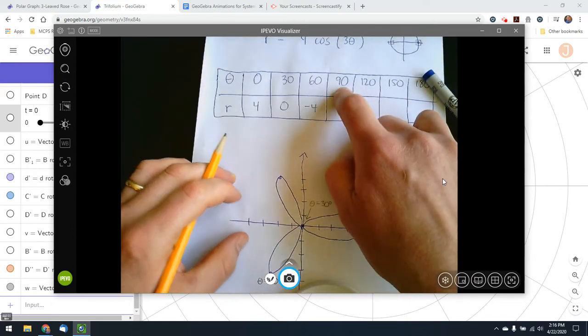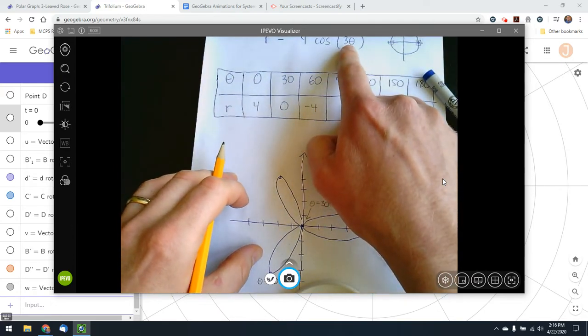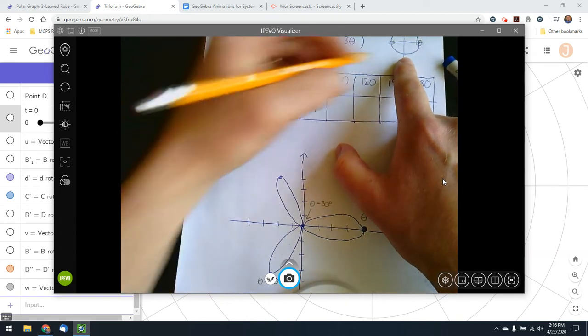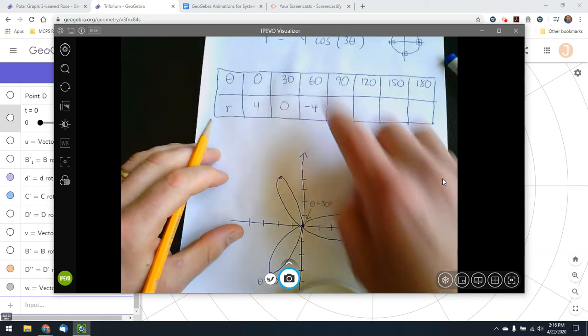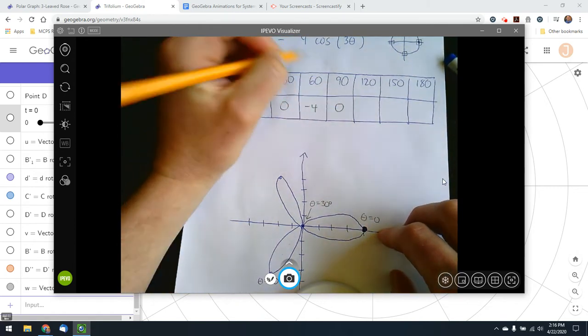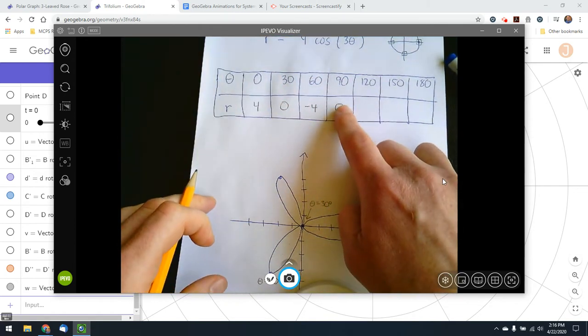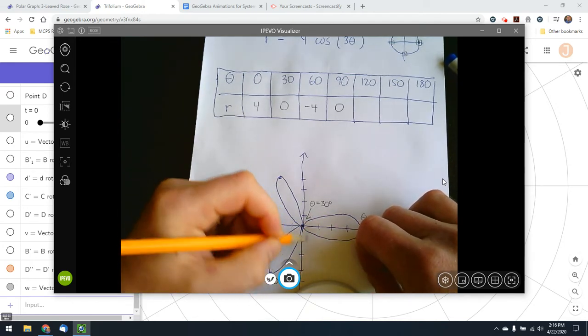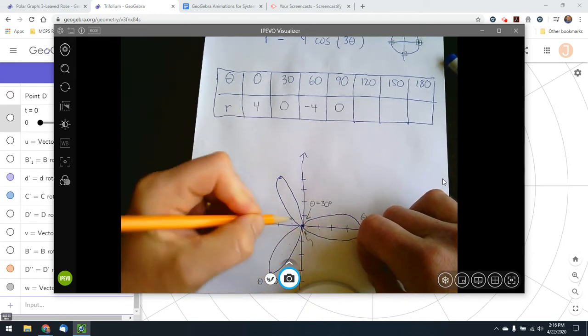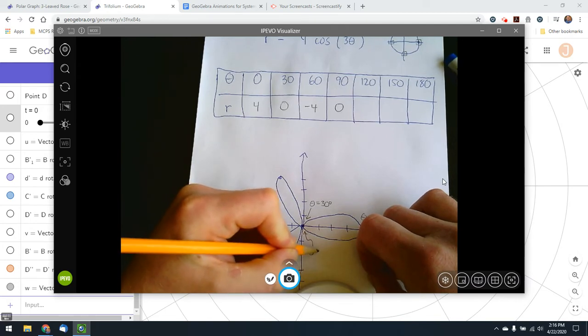All right, let's do one more value. When theta is 90, we do 3 times 90, which is 270. The cosine of 270 is 0, times 4, we get 0. So the R value is 0. Again, that means we're 0 units from the pole. We are at the pole. And so this part of the curve corresponds to where theta is equal to 90